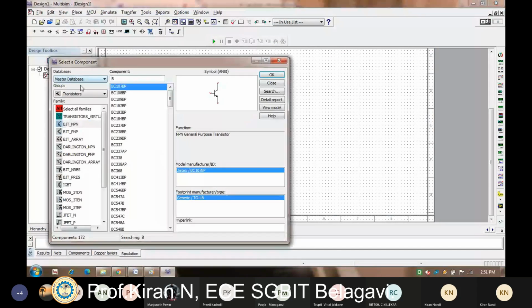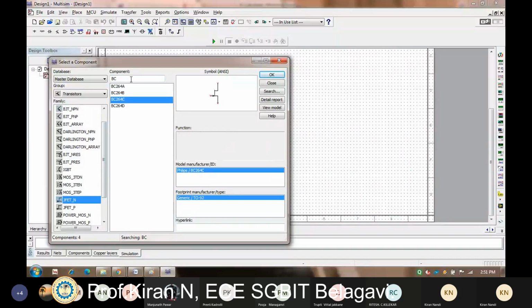Then here I'll find a JFET. It's an N channel JFET. I'll click it. Then you can check with BFW10. It is available here. You can just click on it and place it.